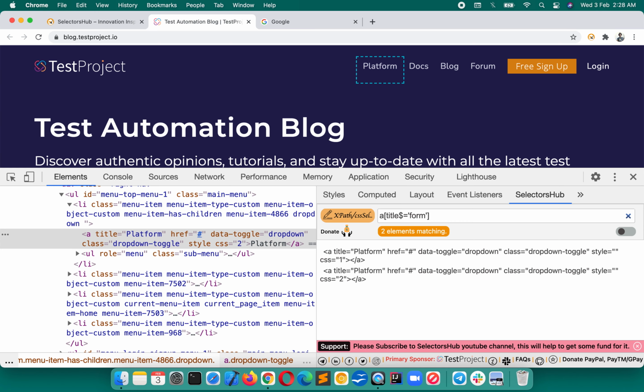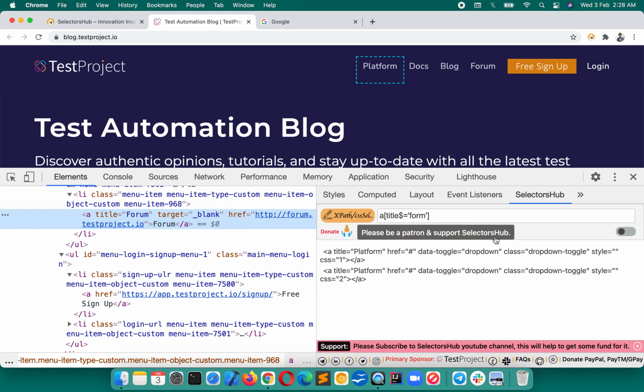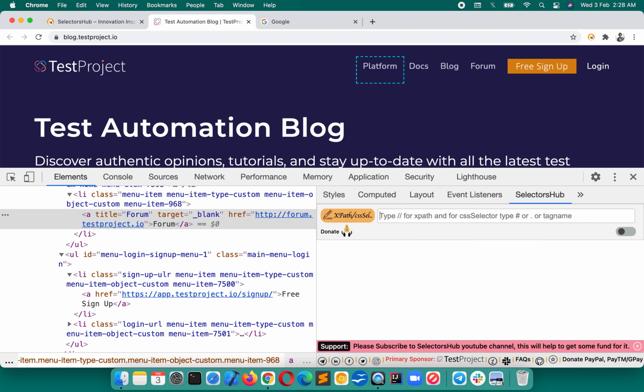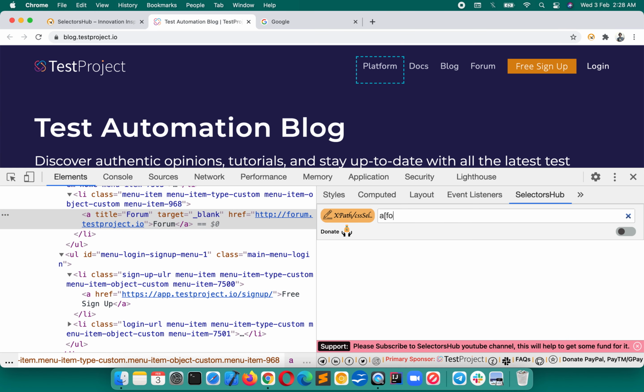Okay, and let's take some other example as well. Here, this doesn't have any attribute. Forum, title. So this also shows two elements matching.